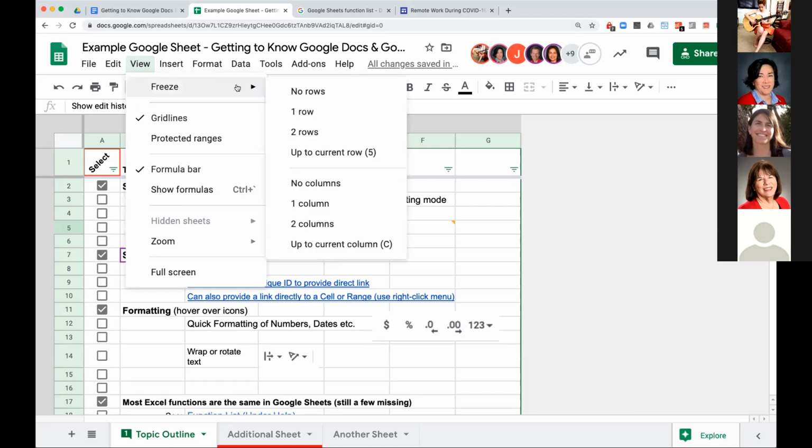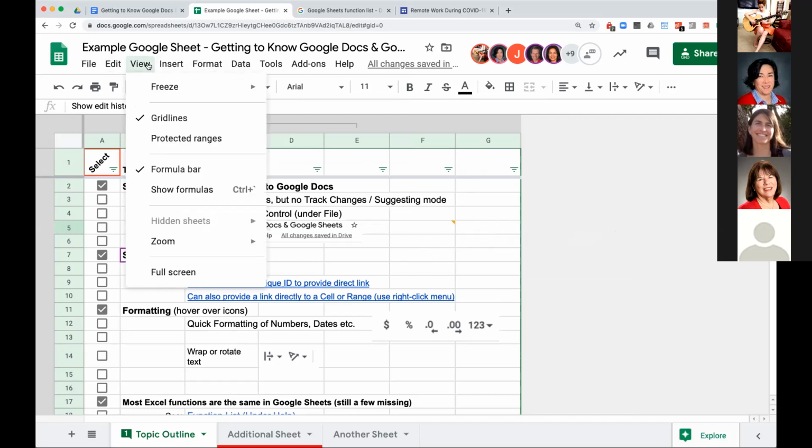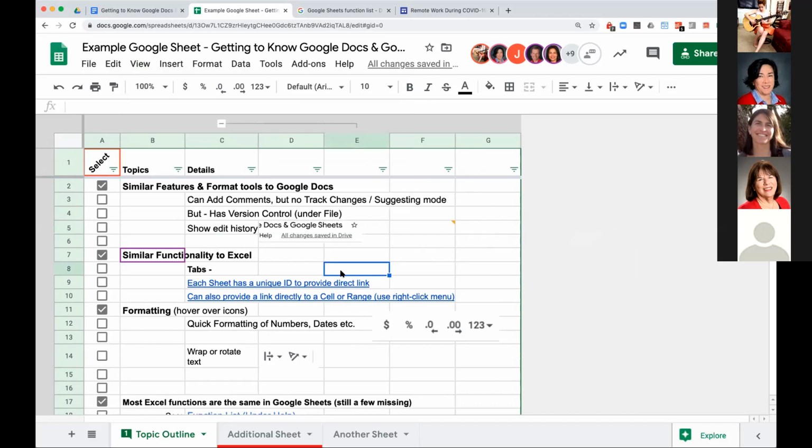I would come to freeze and say up to current row and up to current column, and it's a similar feature. You have to do rows and columns separately. Hopefully that answers that question.